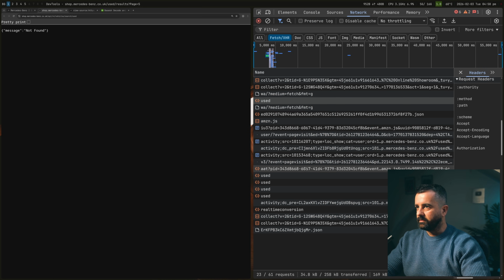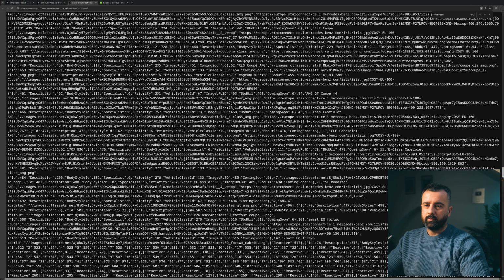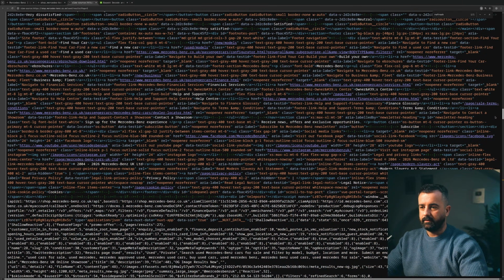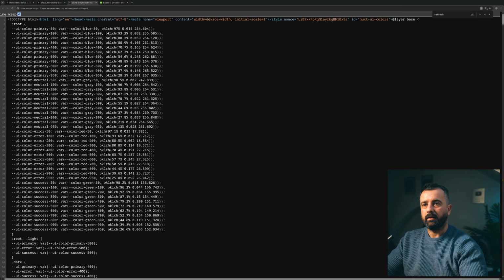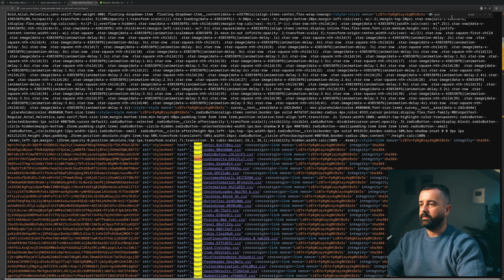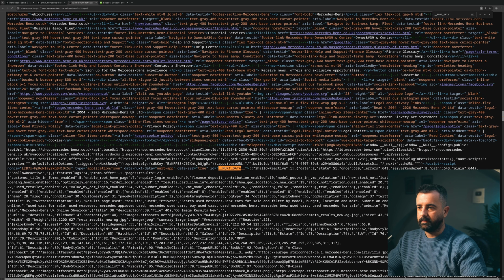After that wasn't so fruitful, the next thing that I did was just look in the source. And what we have here is all the JSON data that you find within an application like this. So if I search for, quite often it's a NUXT app, or in this case it is NUXT, we have all of this information. And if you do something like NUXT data, there it is, you can see it in the middle of the screen. This is where we're going to find all of the JSON information, which I believe is used to hydrate the